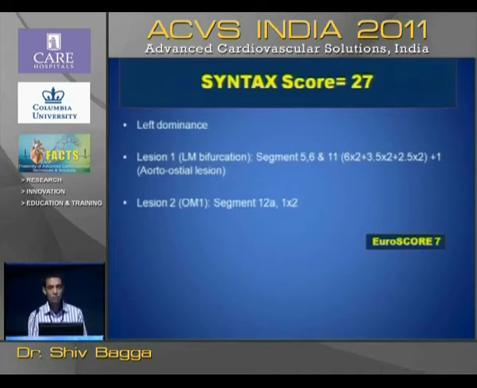So I initially referred this patient for surgery only, but the surgeons actually refused, considering the high risk. And in addition, the patient's attendants were also not willing, although we usually take it as a convenience score rather than SYNTAX score for justifying left main bifurcation stentings.